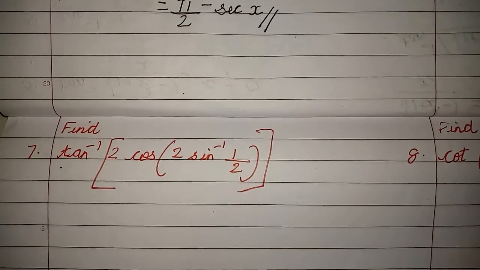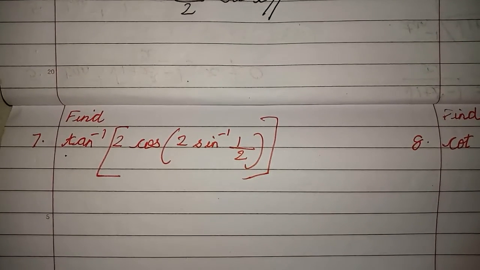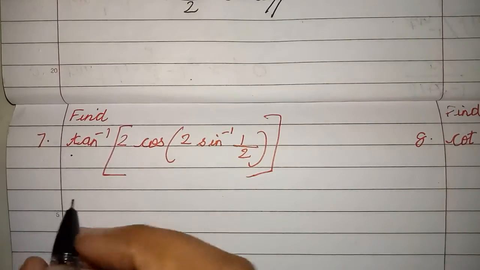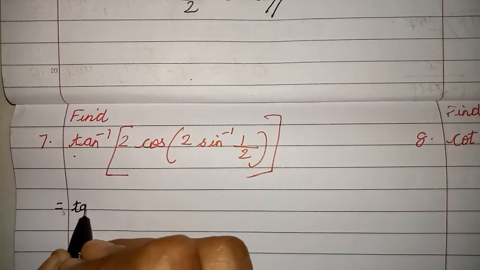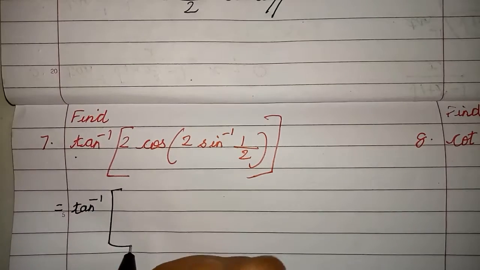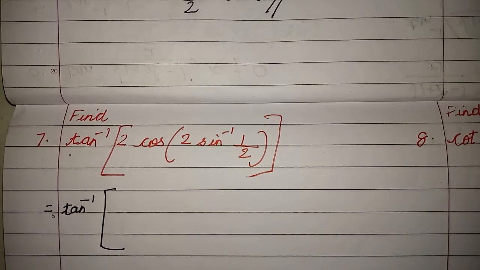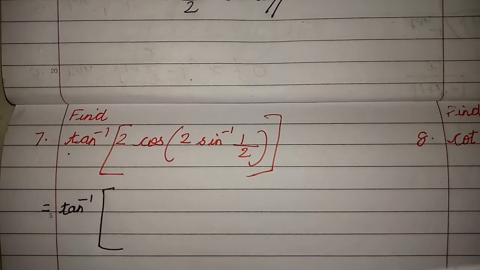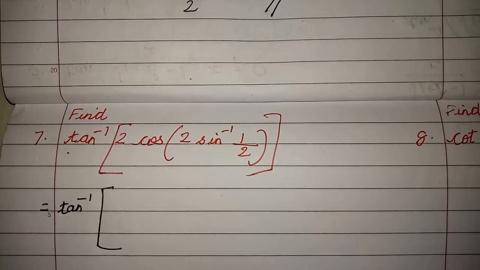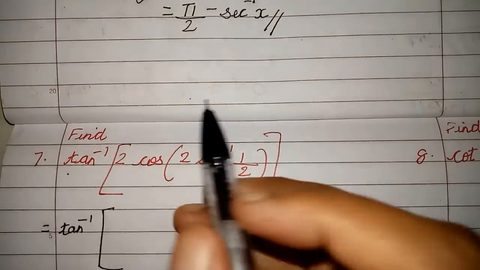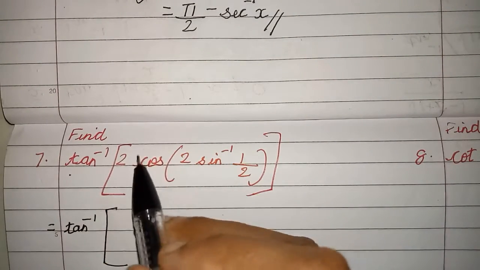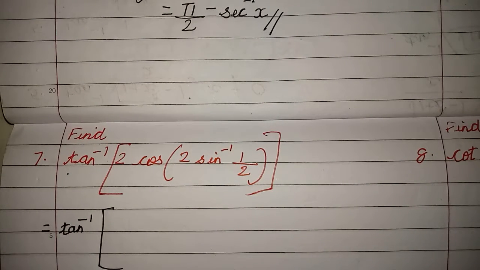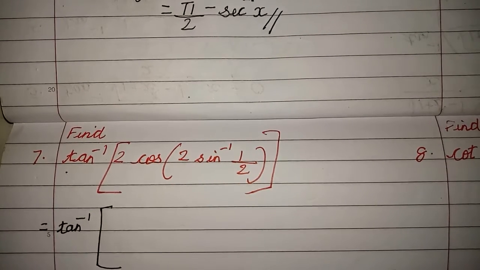Next one. Tan inverse of 2 times cos of 2 times sin inverse of half. You have to find the value. Very simple. See, why I am saying simple is because of formulas. I have mastered my formulas, I know all the values. Similarly, when you master them, children, all the ideas will come automatically. Always remember that with tan inverse, you can cancel it or have some value so that you can find the exact angle.